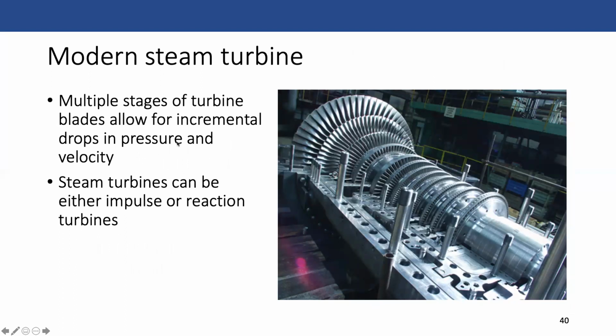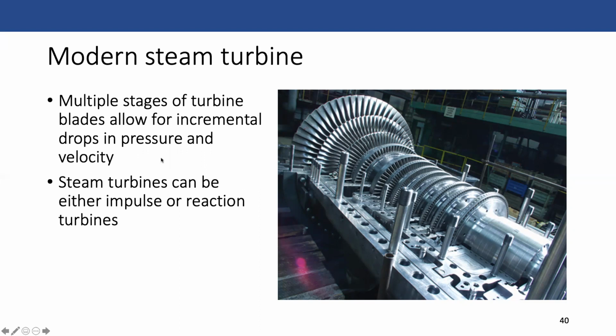The reason why the diameter and circumference of the turbine sort of changes like this is that it allows for drops in pressure while still capturing the energy. So you can imagine that if the blades are still really big, after it's lost energy, it's going to have a hard time spinning it. And so you proportionally decrease some of the size to allow for the drop in pressure and the decrease in speed.